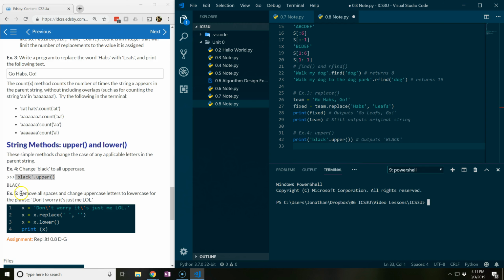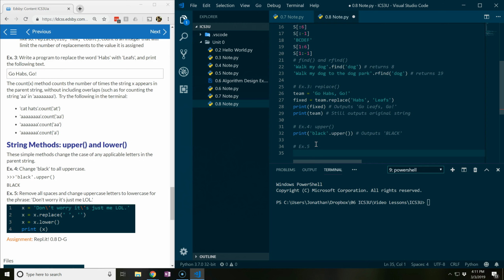Let's finish up with example 5. Example 5 says, remove all spaces and change uppercase letters to lowercase for the phrase, don't worry, it's just me, lol. So this is the solution here. And I want to talk about a few things that are going on in this example. First of all, let's type it out. So we'll call this example 5. Okay, well, really, removing spaces,